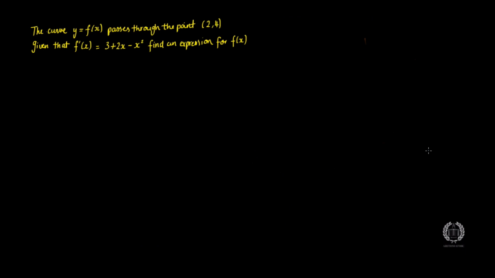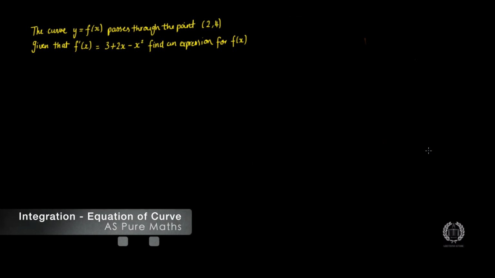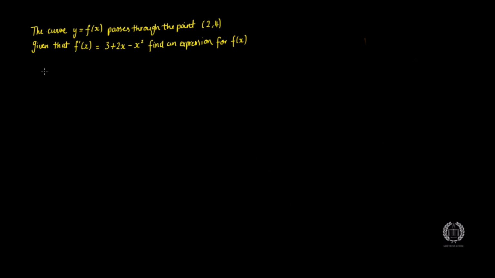So in this tutorial we'll be going through integration and specifically how to find a curve or an original equation of a curve using integration. Okay, so let's get straight to the question. The question's saying the curve y equals f of x passes through the point (2, 4). Given that f dash x is equal to 3 plus 2x minus x squared, find an expression for f